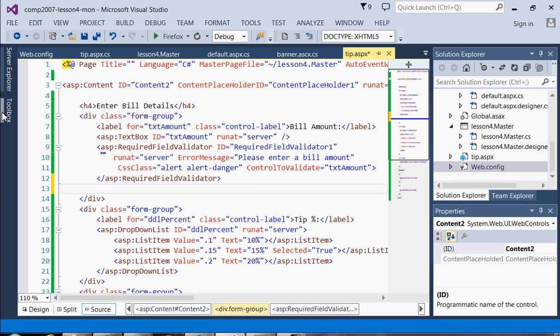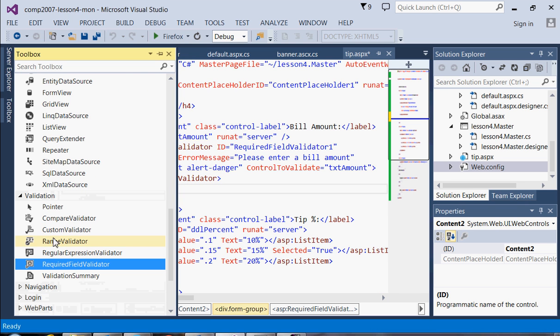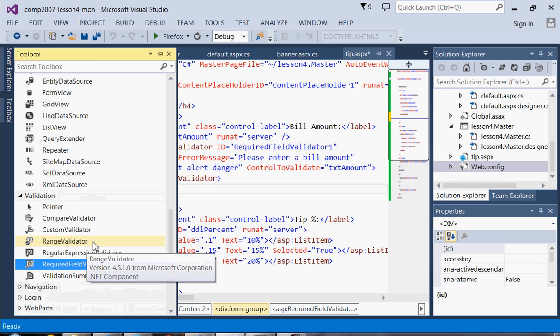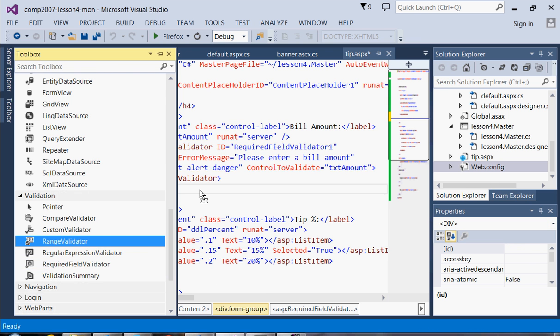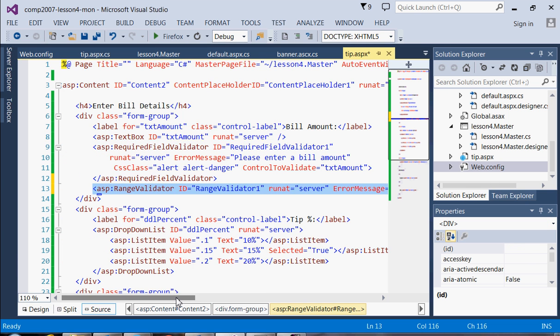So I'll just go on to a new line. If we use the range validator, that's going to allow us to check not only the data type of the user's entry, but it will also let us specify a range, meaning, for example, we can say that's a number, but if we only check for